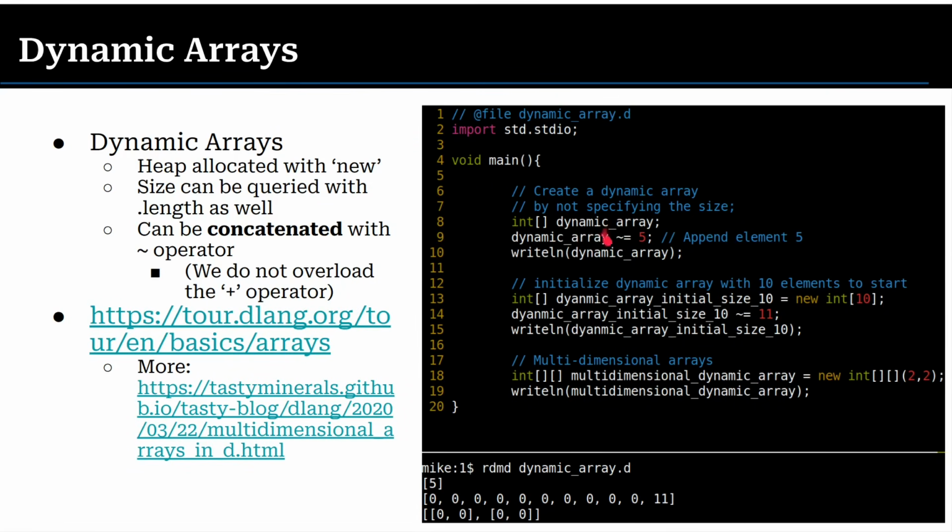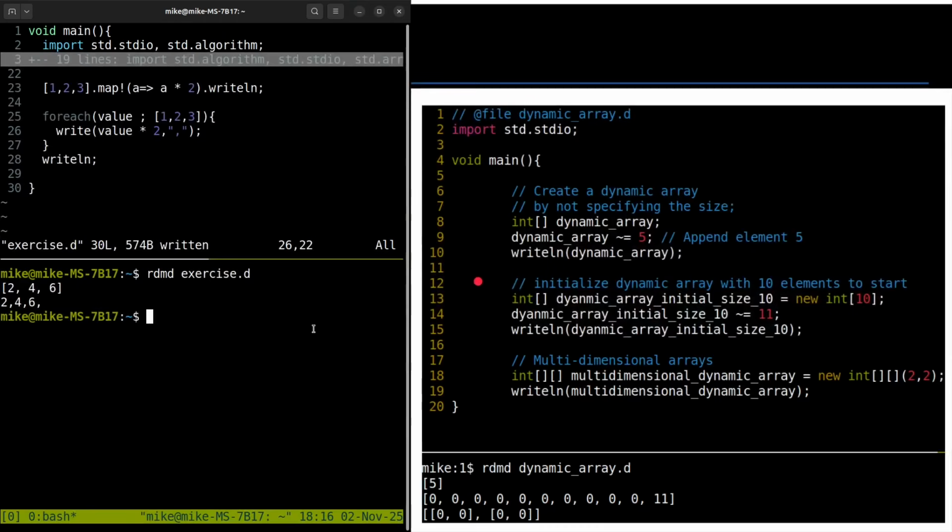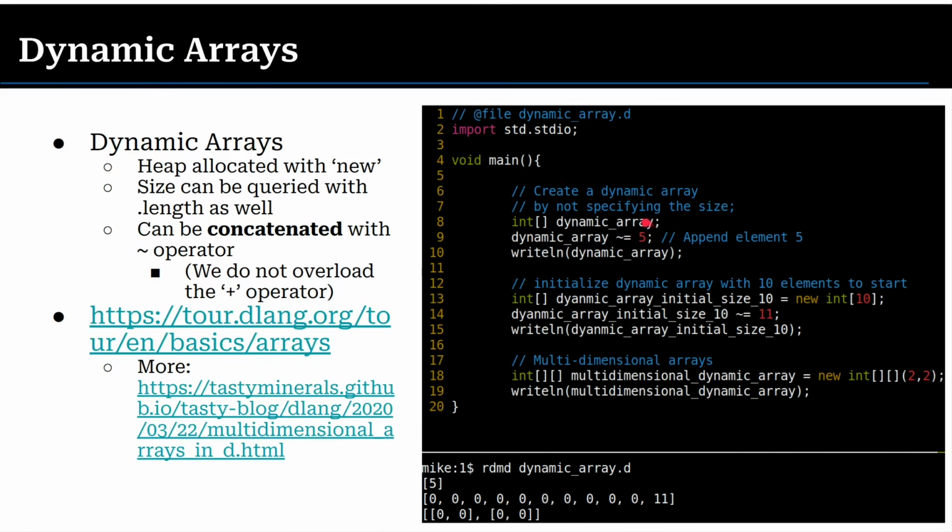And then what you can do is you can append. This might be a little new thing here, but let's zoom in on where my cursor is. That's the tilde marker. What is the tilde marker? That's this little wavy sign, just so you can see it. And that's doing the concatenation into the array. So I'm appending an element here to the back, and it's as simple as that, which is kind of neat.